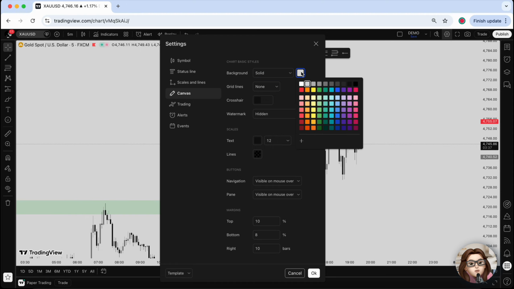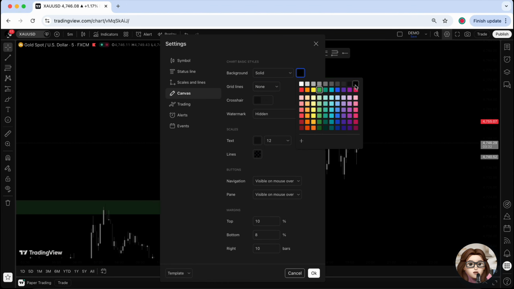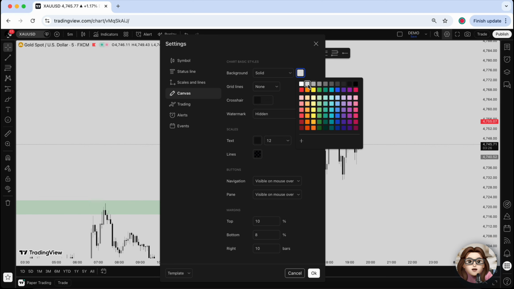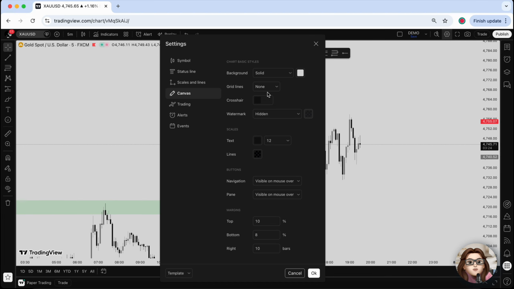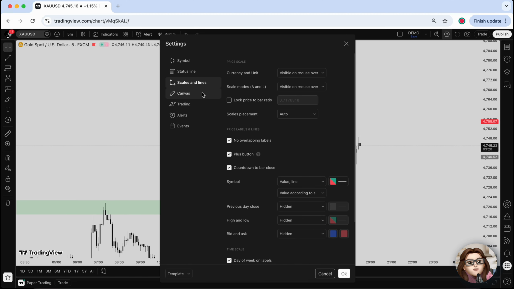Next, tap on the color selector and choose the color you prefer. You can go with darker shades for a night mode feel or lighter colors for a brighter chart. You can also scroll through the settings to adjust candlestick colors, grid lines, and other visual elements to match your